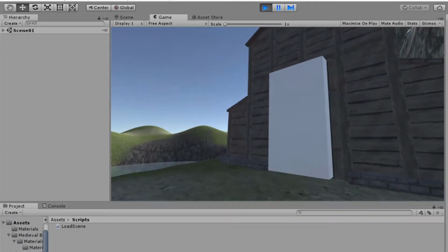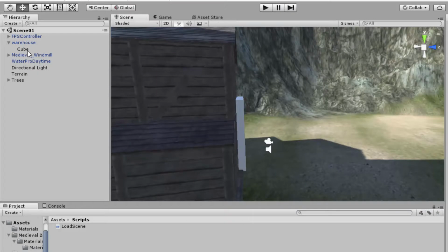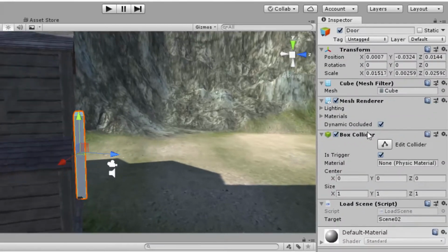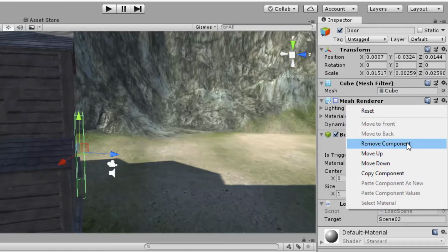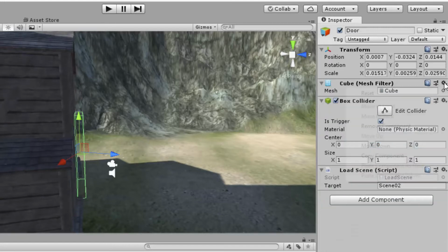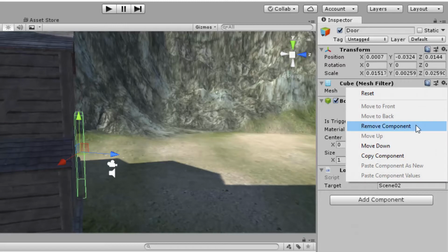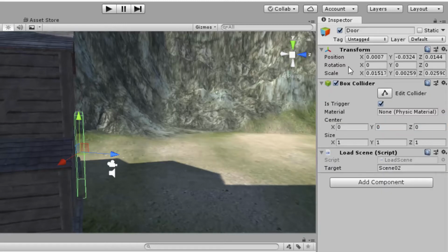Obviously, we don't want that large gray box there. First, let's name this a little better. I'm going to call it door. It is a child of the warehouse, so I already know it belongs to the warehouse. I don't have to tell it which door it is. And if I click on door, I see over here that I have a mesh renderer. I can just uncheck that. Now you don't see the mesh. Or, in this case, I don't need to ever see it. I'm going to hit the drop down and say remove component. I can also do that with a mesh filter, remove component,